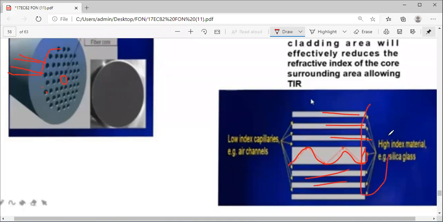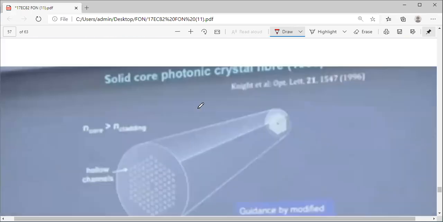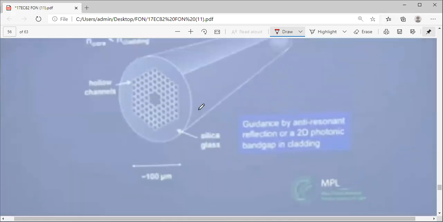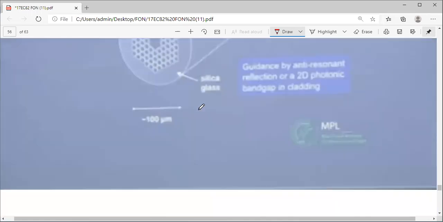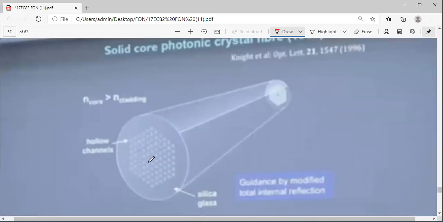So this is your front view. From this section I'm showing you this front view, a detailed section. One more figure, let me show you. This one, solid core, right?